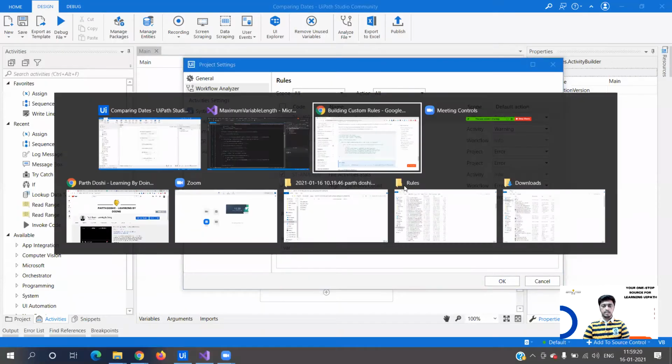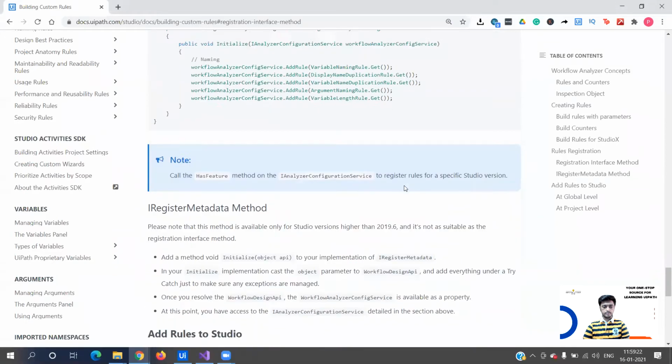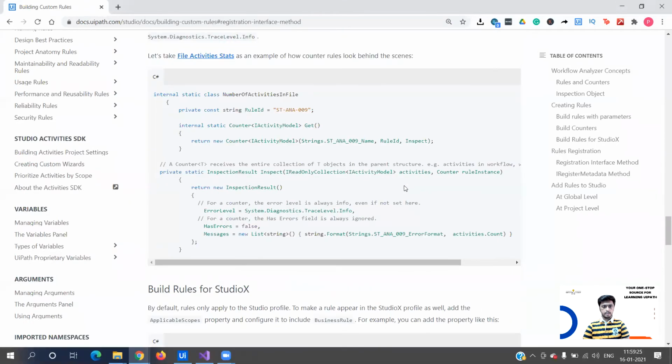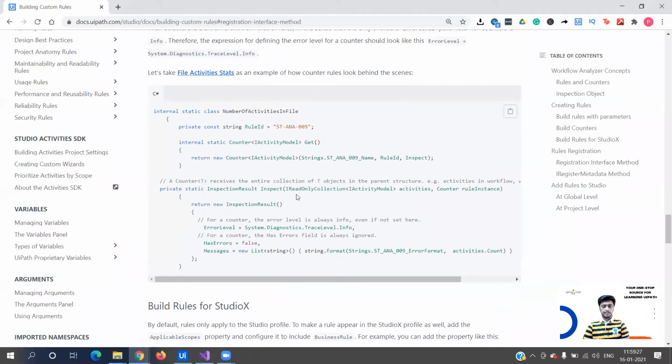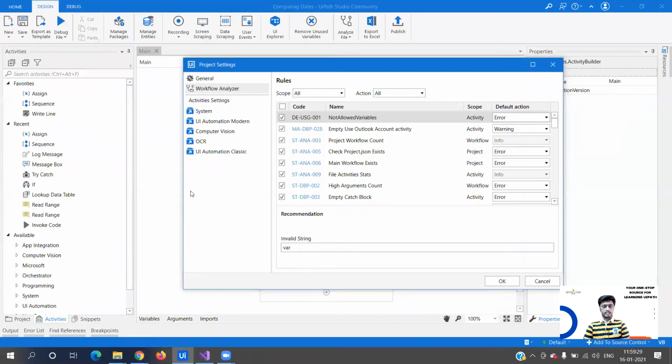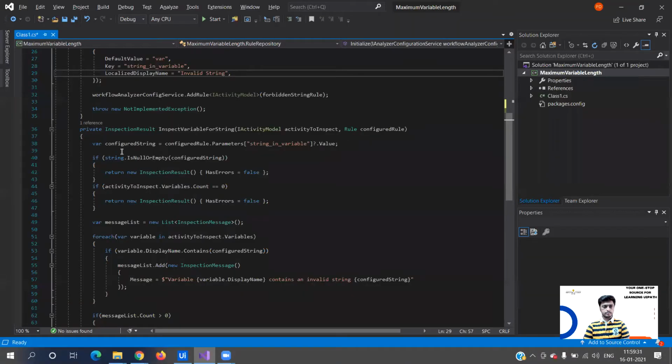Now if we go to the documentation, right, and if we see over here, private static private inspection result. Now we have defined the UI, we have defined what should be the content, what should not be the content, but what should be the result of that? Now we are going to write our complete result.